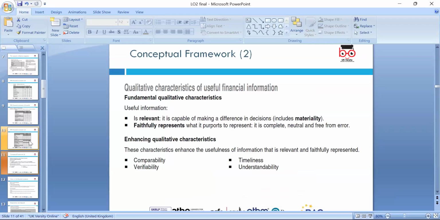So we had a discussion on qualitative characteristics in the financial statement: all the relevant information, all the material information should be included in the financial statement. Faithful representation, complete, neutral, free from error, and comparability, timeliness, verifiability, and understandability. The key is these should be in our financial statement, with 2 years of financial information. All the material information within 90 days after signing should be in the public domain, the financial statement.